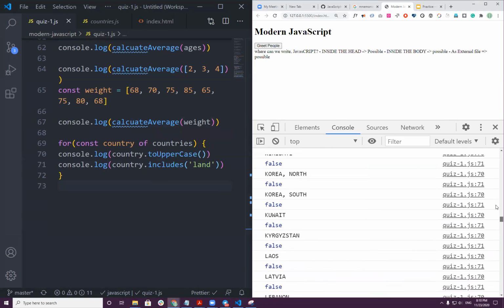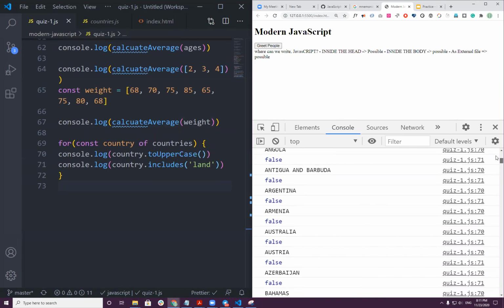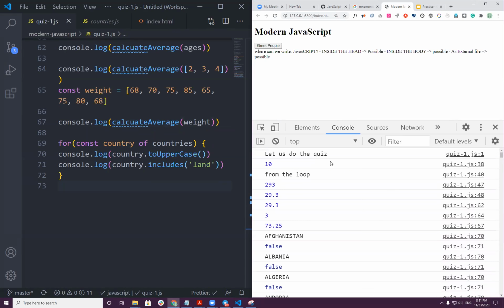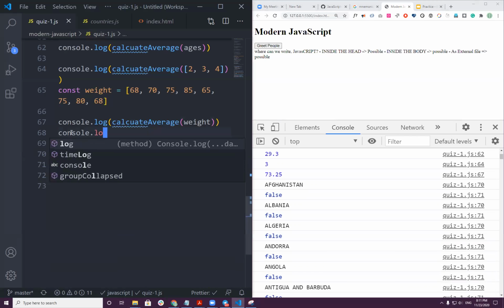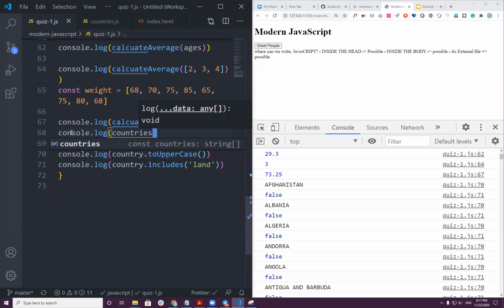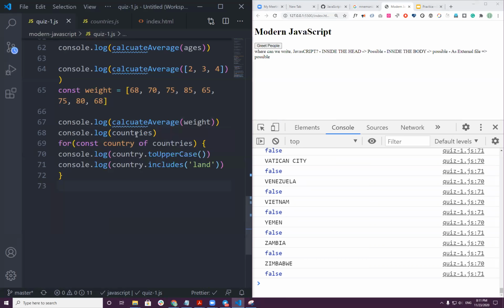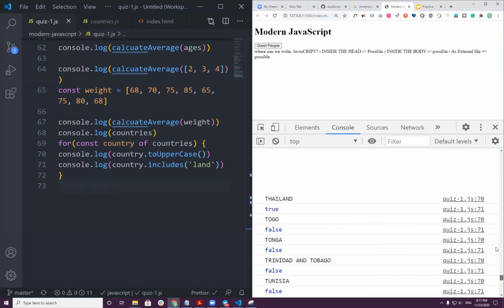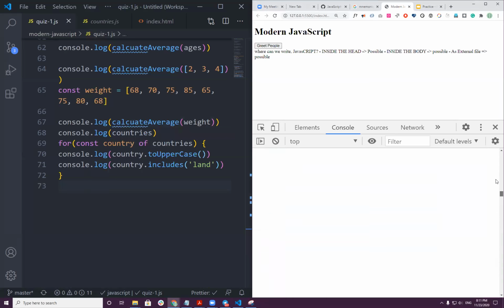If you see, let's go all the way up. Wow, it's far. Okay, Afghanistan, does it have land? Because the first console.log is just countries. Someone asked me, how did you write all the countries at once? If you write like that, you get all the countries at once.